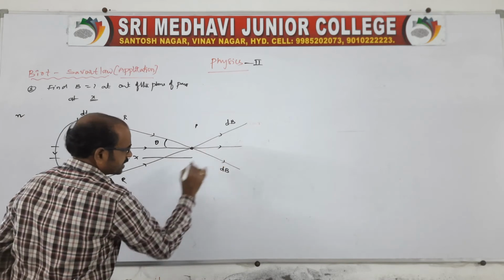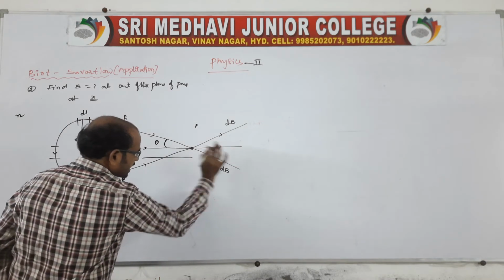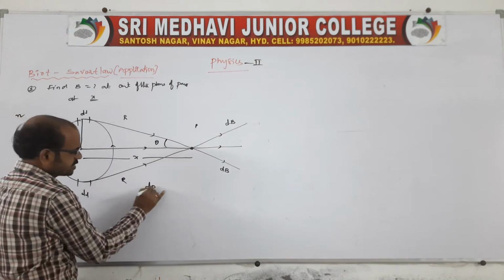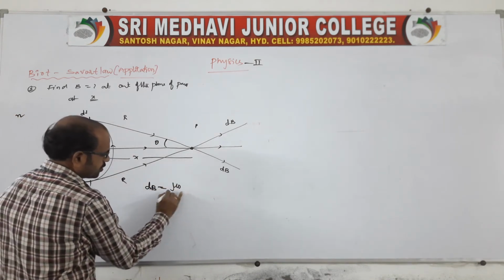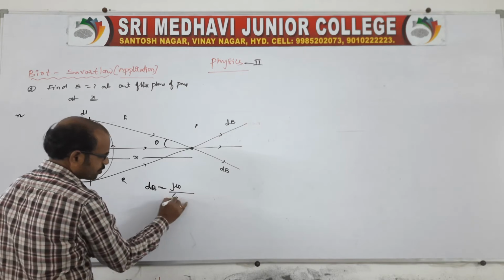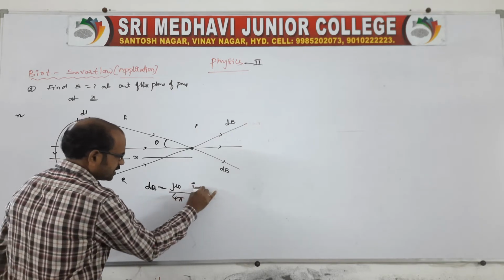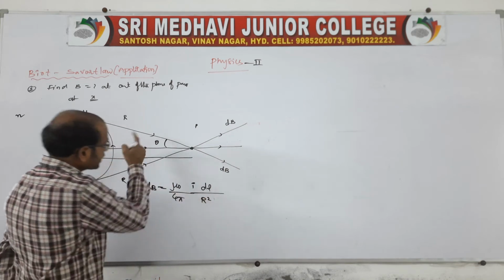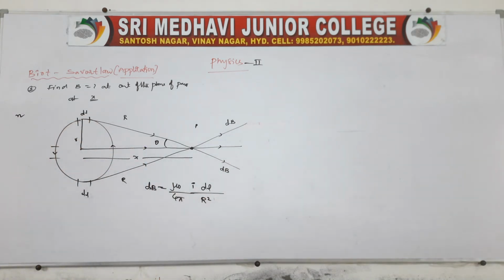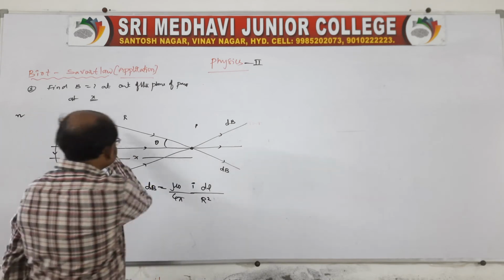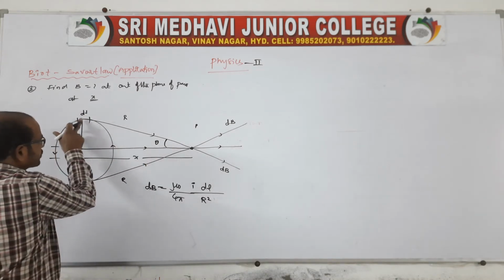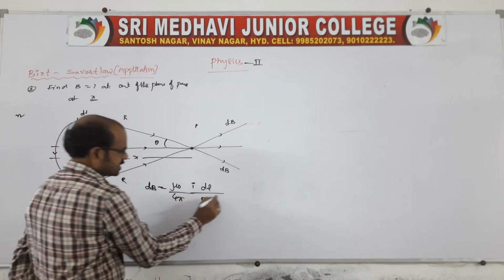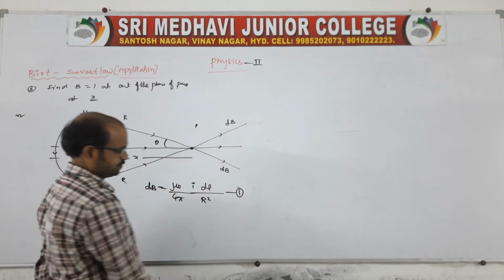Now, according to the small length, the magnetic induction at a point outside, because it's asking along a line, we know dB is equal to, of course, mu naught by 4 pi, I into dl by, it is actually R square, capital R square. Why capital R square? Because here it is the distance from this point, which is capital R, not the radius. You say equation 1.